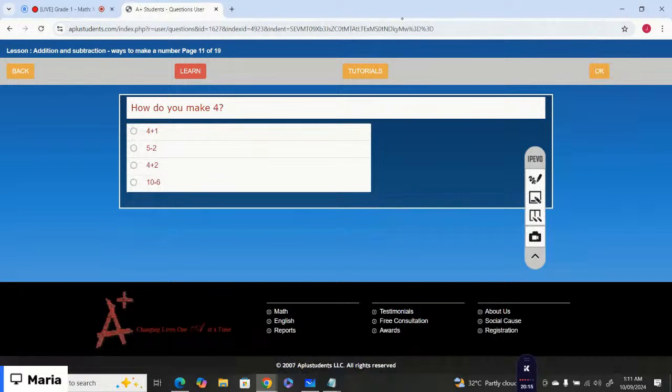How do you make 4, which is the correct option? That is 10 take away 6, right? That's the only option that makes 4. Okay, you can complete the lesson by yourself later today. Let me just move on to the next lesson. And the next lesson is,